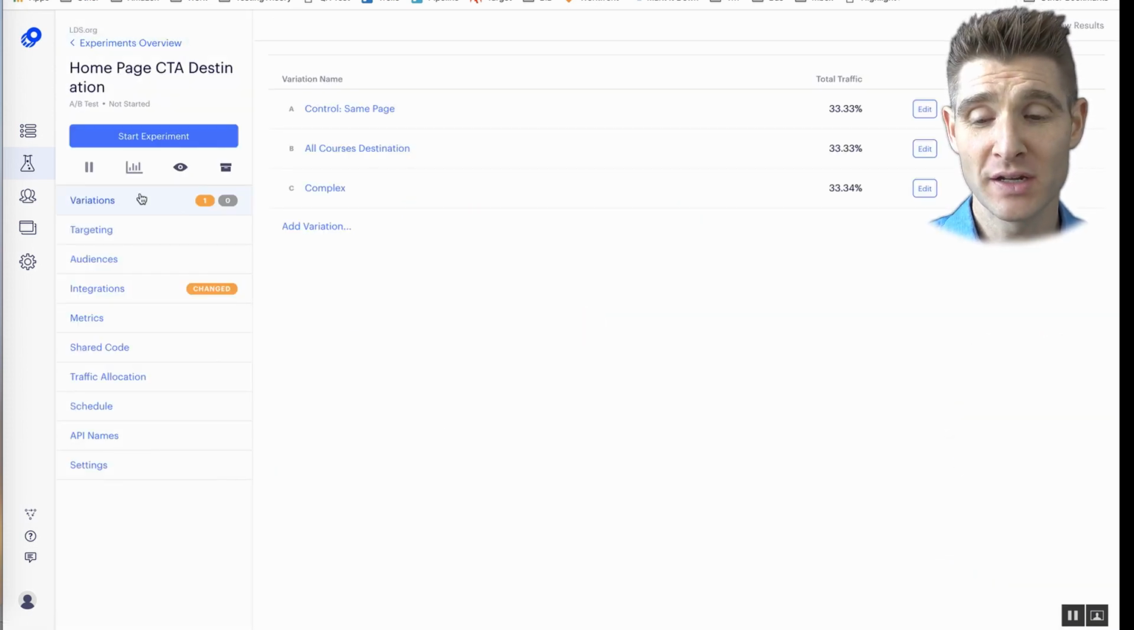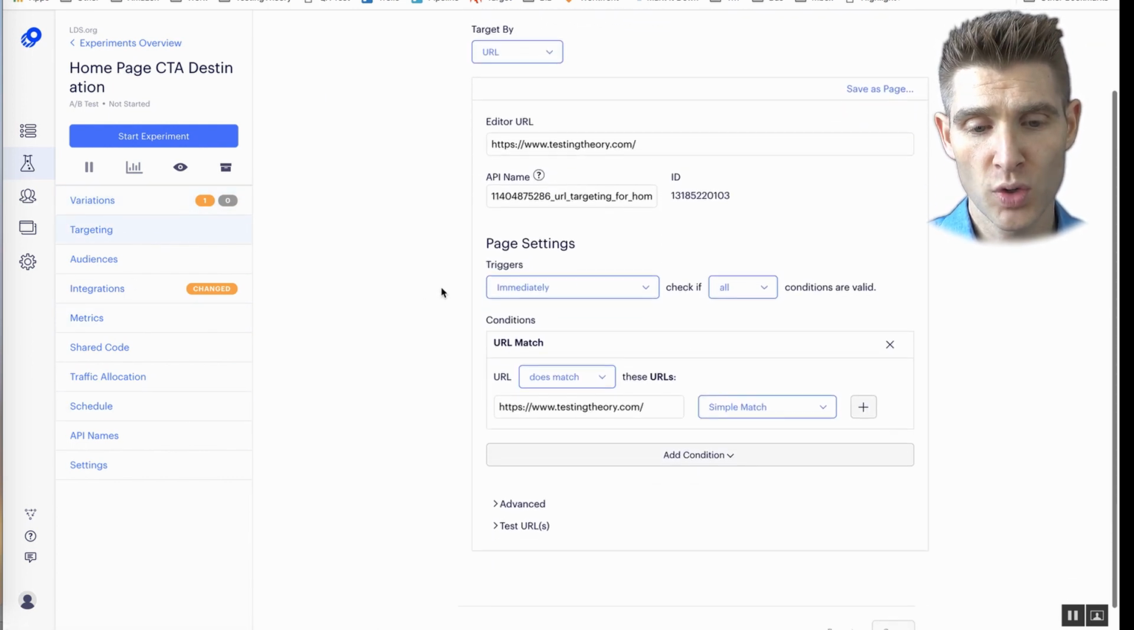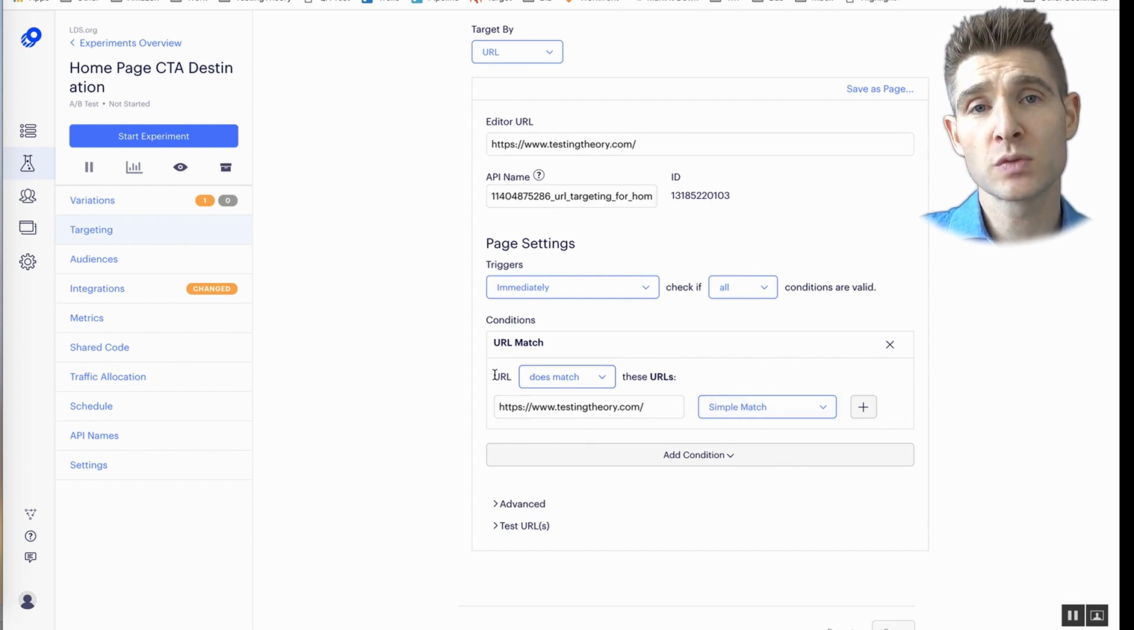Okay, now that you have your variations created, you see that there's other options here on the left that we can modify. So targeting, this is just basically saying, where do you want to show this test? Where does the test run? Where do you want to show it? Where should this test fire? And again, we're just showing this on the home page on one of our landing pages, so we don't need to change anything here. These rules will satisfy that condition,